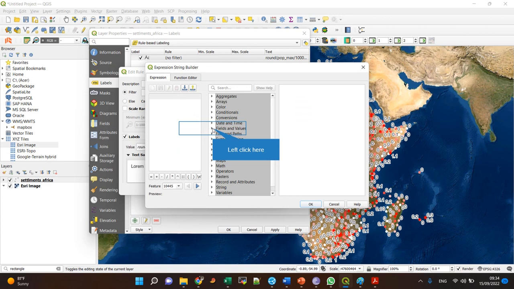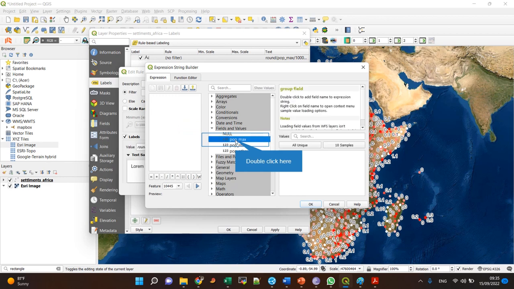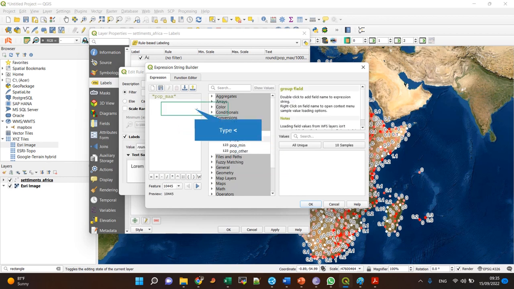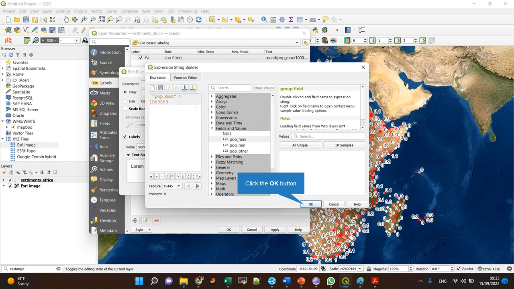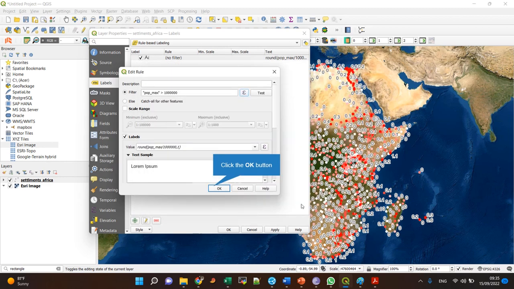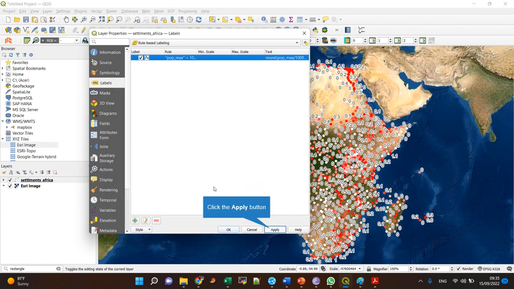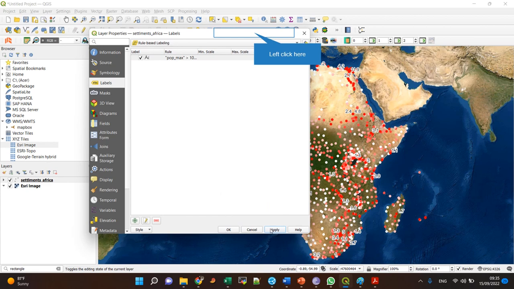I'm going to the fields and values, and I only want the cities whose population, called pop max in the table, is higher than 1 million to appear. And the way it appears is as I showed you, in millions with 1 digit after the decimal point, and